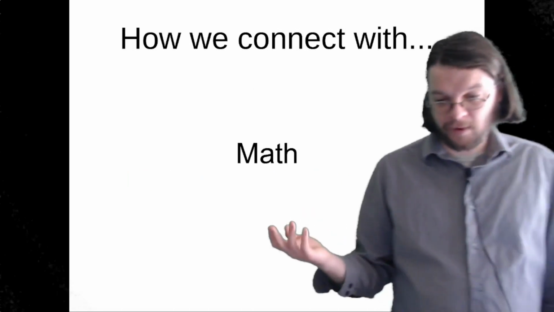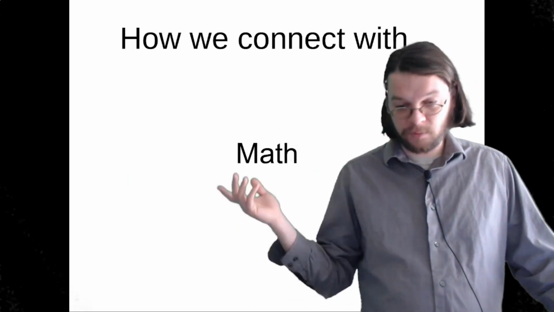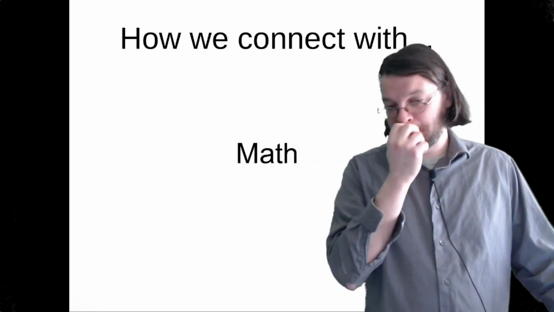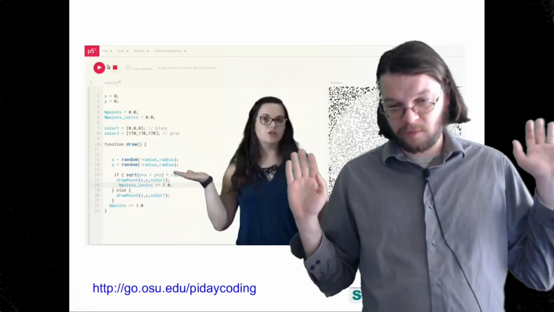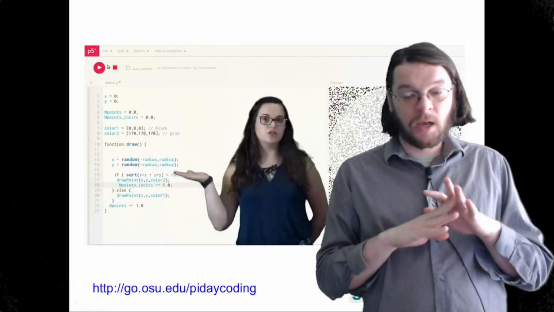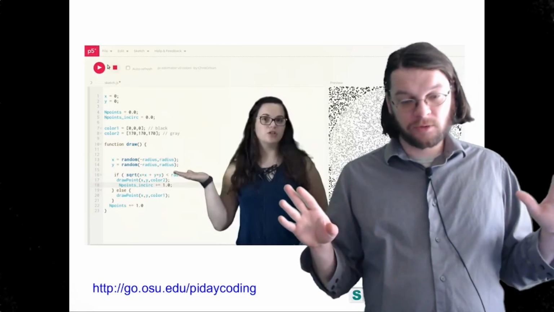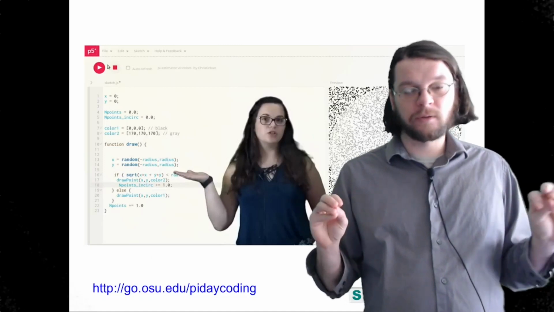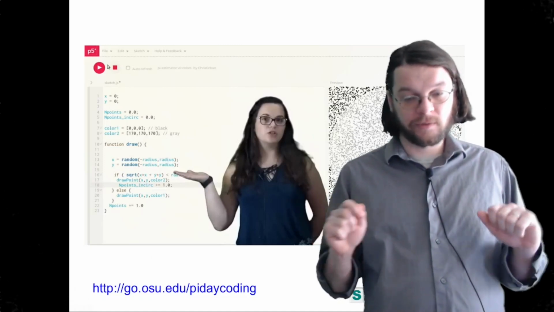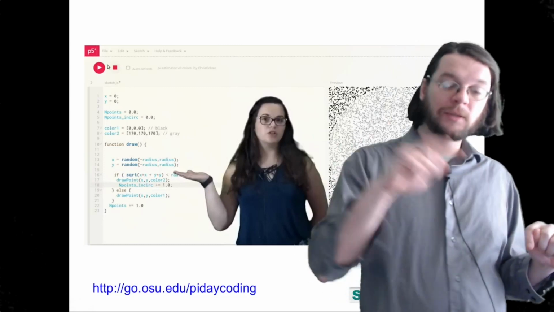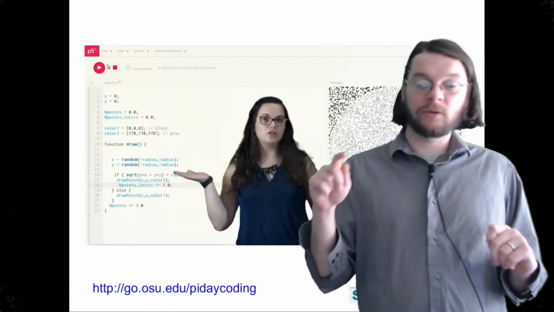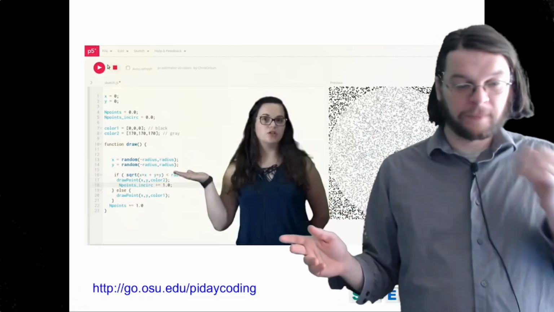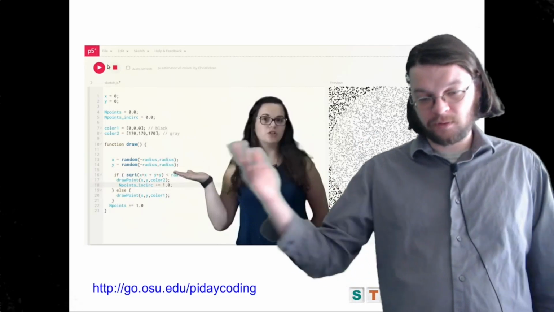How do we connect with math? So I mentioned earlier we were the first group to put an activity on ourcode.com in which you calculate the digits of pi. My whole attitude about computer science is that I am not here to teach computer science for the sake of computer science, right? You should not put computer science into a math class for the sake of computer science. You should put computer science in a math class so that you can use a computer as a tool to solve math problems, right? And that's what we're doing here. We're using a computer to calculate the digits of pi.